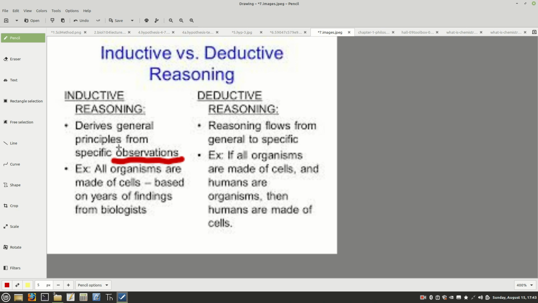So if you have this bad guy in a movie and you're trying to figure out if he was at the scene of the crime, that's probably more inductive reasoning. But then when you say, well, if he was here, there was no one else here, then there's no one else to commit the crime, he must have done it, that's the deductive reason. It gets complicated here in these concepts, so be careful when you're doing this. Try to make sure you have this set up in your mind correctly.